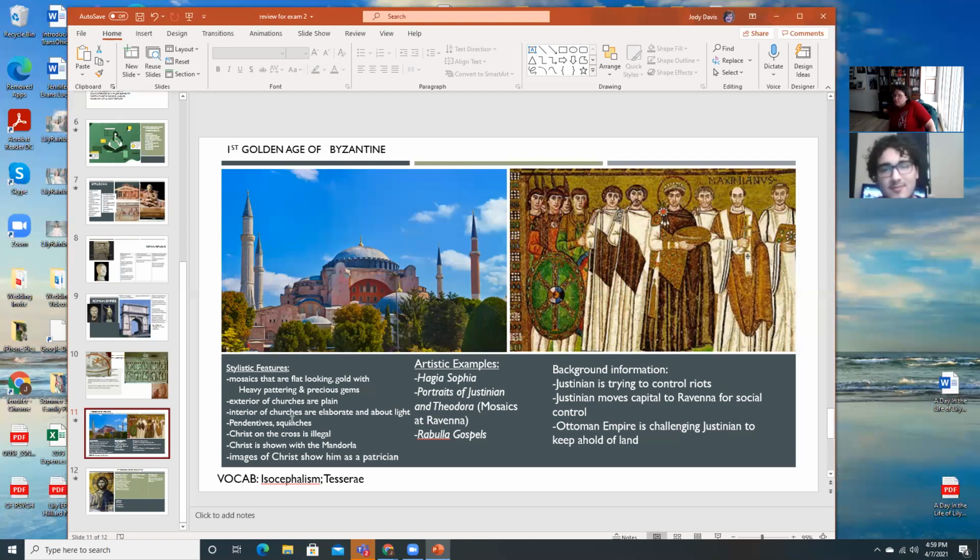So this will make a lot of sense if you take out your textbook and look after we talk. But basically, this squinch is a system that's cubical, and the dome is placed on top of the cube. The pendentive is a system where two domes are round and stack on top of each other. So if you could picture an ice cream cone, if you get a double-decker ice cream cone, you get one scoop that goes on bottom and then one scoop that goes on top.